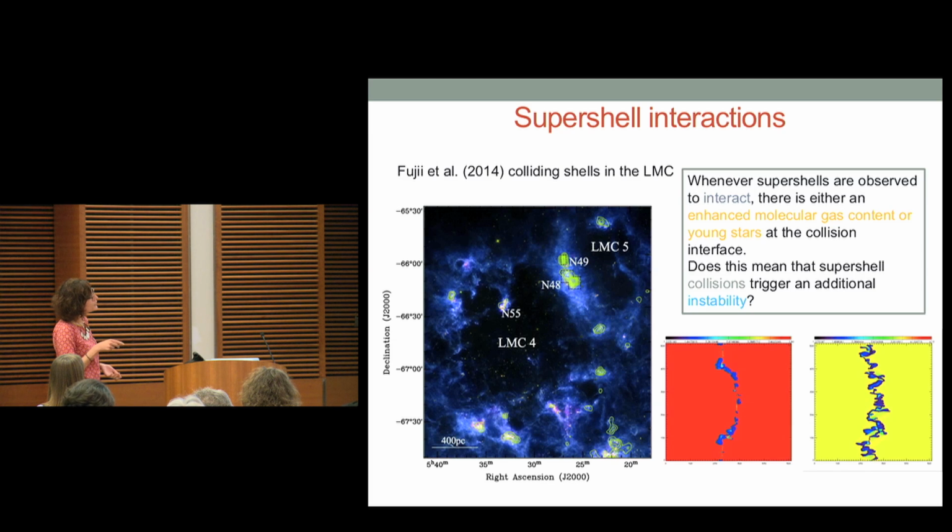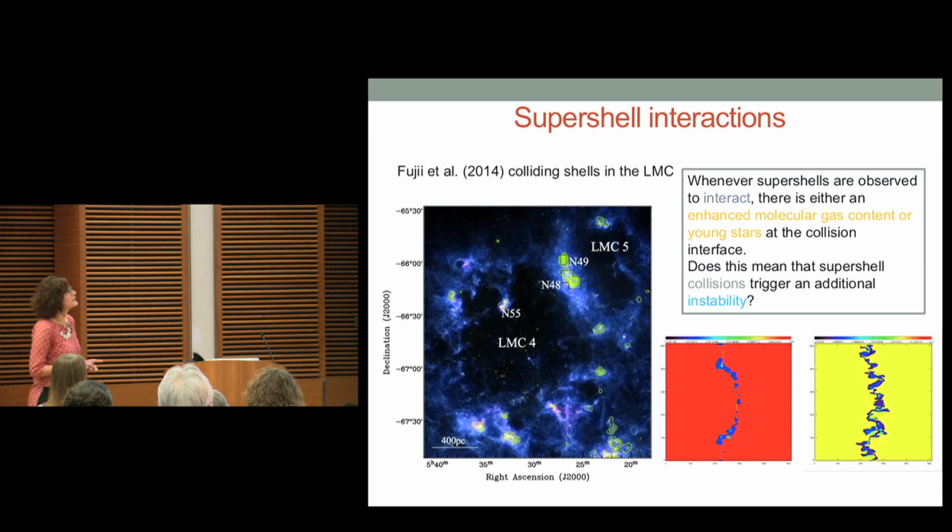And this small plot here is showing you my own recreation of Fabian Heitsch's work from the early 2000s, where you have two atomic flows coming from the side, a high Mach number collision at a perturbed interface, and then the nonlinear thin shell instability growing the ripples, and the material at the tips of these ripples becoming thermally unstable and forming what he called molecular cloud precursors.